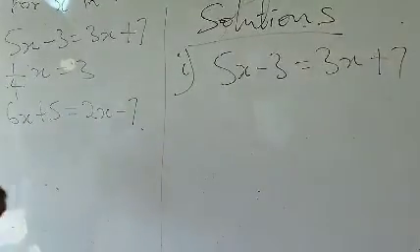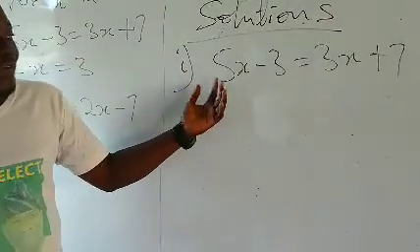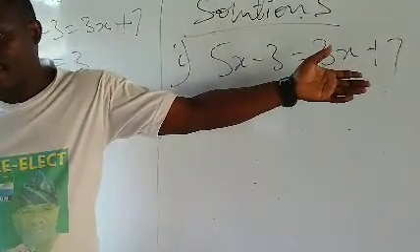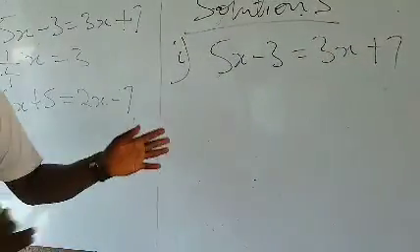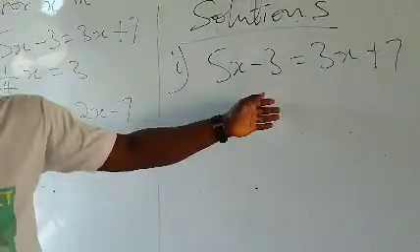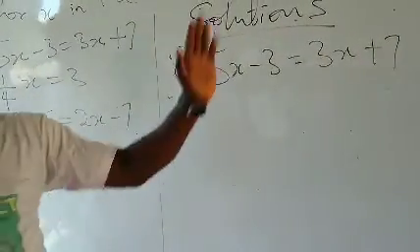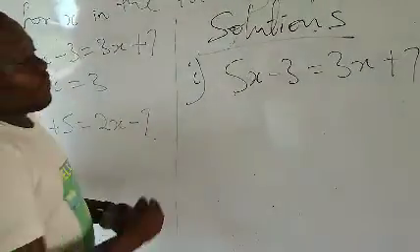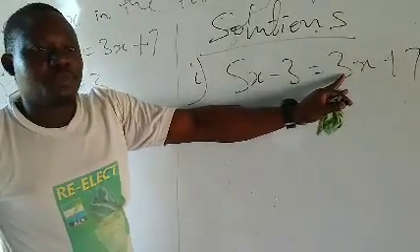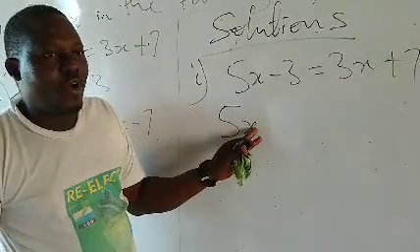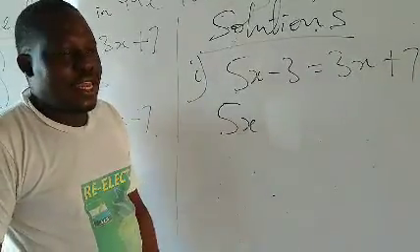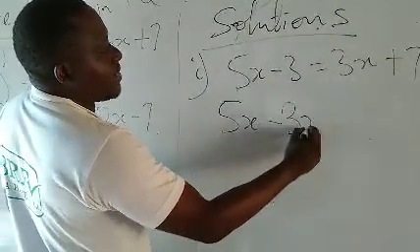This means 5 of x minus 3 equals 3 of x plus 7. Now let all x go to one side and the constants to the other side. We have 5x. If 3x moves from this side to the other side, positive becomes negative, that means minus